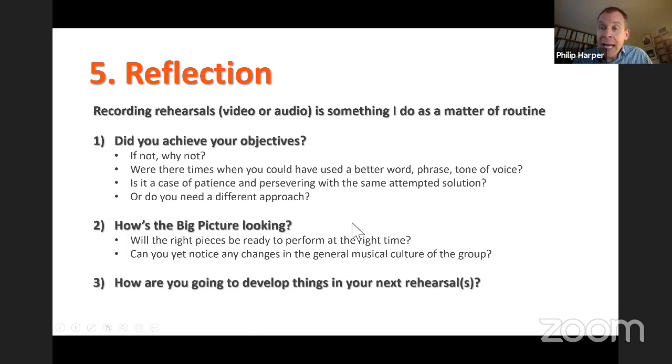And finally, how are you going to then develop things in your next rehearsal? This is the fundamental question, really. So you start thinking about your plan for the next rehearsal. In other words, you go back to the start of this 5-point process. You go back to number 1, plan, plan, plan, and plan. And you rinse and repeat, and you do it over and over again. So that, ladies and gentlemen, is my opinion, based on my experience, of how you run an efficient, competent, and in some cases even fantastic and great and really enjoyed